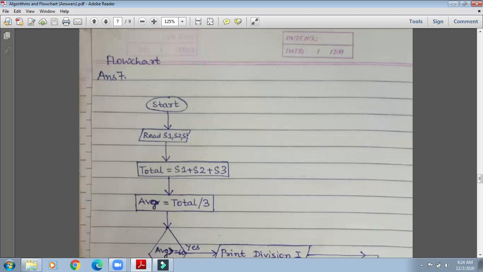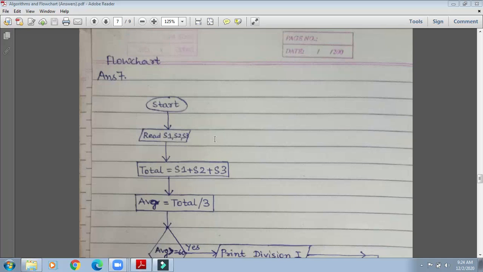Now you can see one thing, this one we are writing like this. Suppose you want to show something to the audience, to the people who are watching, this one you can use. This one is for annotation, meaning for comment. This is also a part of the flow chart.